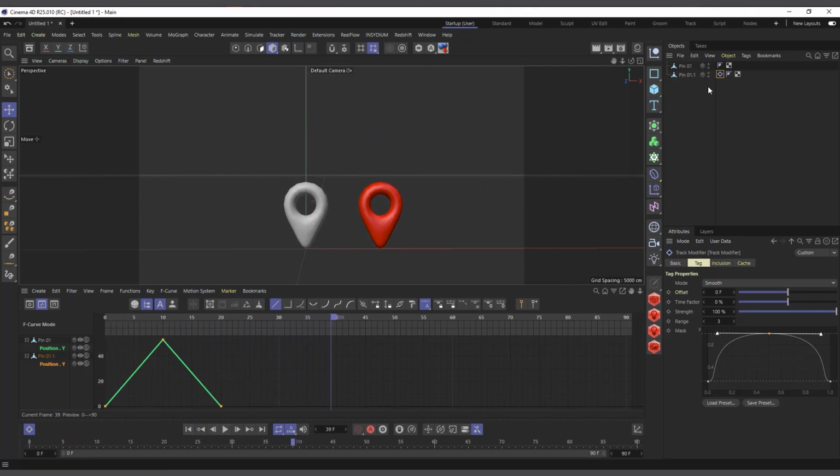It smooths your animation when you have a very hard edge, linear-like animation, especially when you import something from other projects. Some of them, with a lot of keyframes, are very linear, very rigid and hard edge, but you can use the track modifier to add a little bit of smoothing to it, so the animation moves a bit smoother. So that's basically what the smooth mode does, and it's very self-explanatory in here.